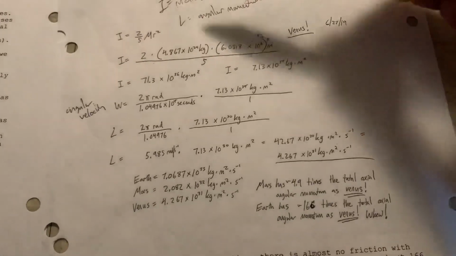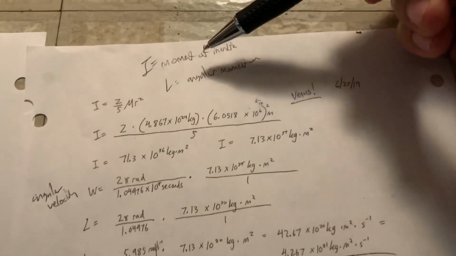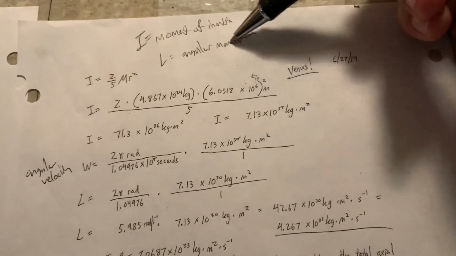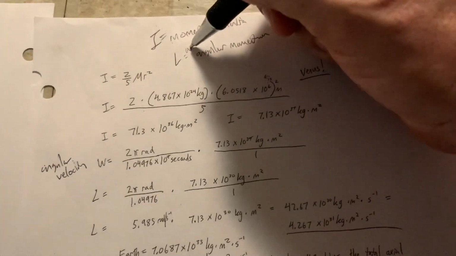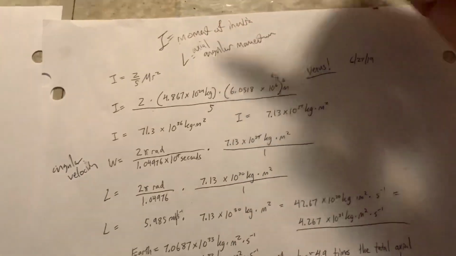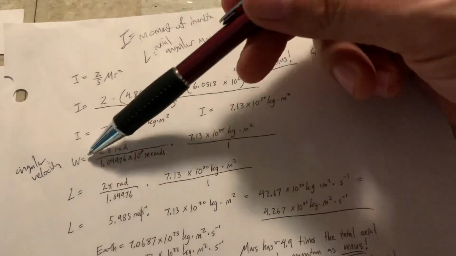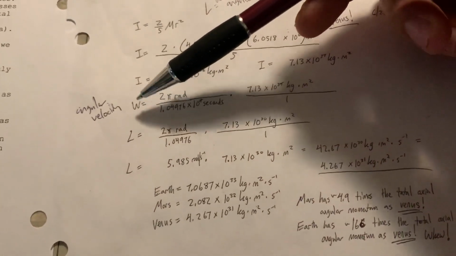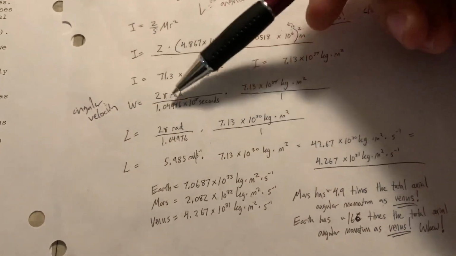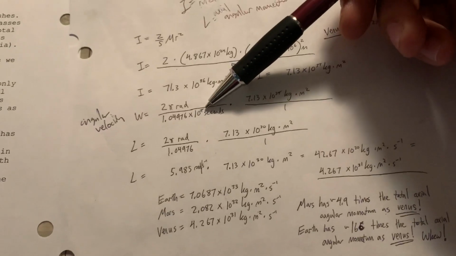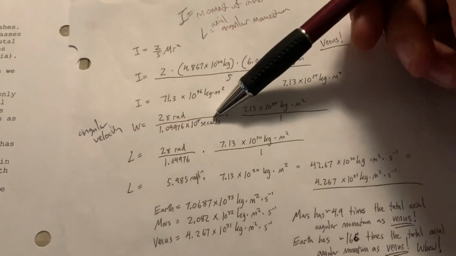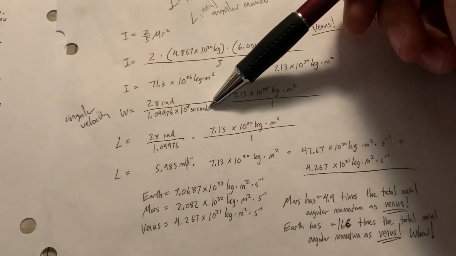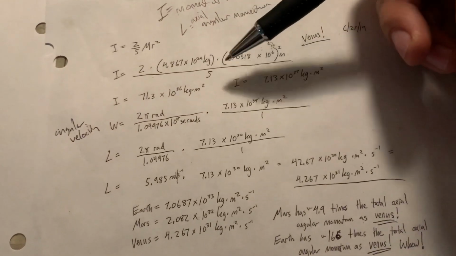But what I have here, just to explain this out just a little bit to you guys, is the I, which is the moment of inertia. The L is total angular momentum. In this case, it's the axial angular momentum. And then you have the W, which I guess you'd call omega or whatever. And that's the angular velocity. That's the actual velocity at the surface. So, the velocity at the surface of the Earth at the equator, I believe, is around 1,100 miles an hour. With the sun, it's a lot higher.